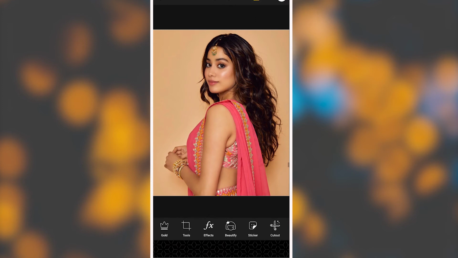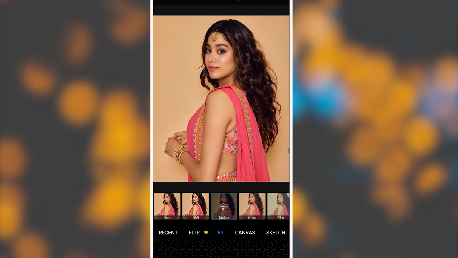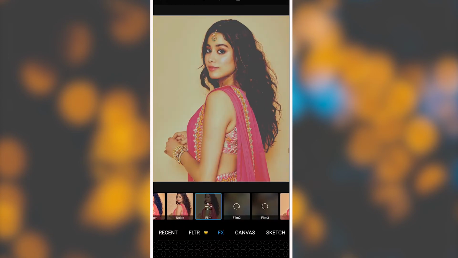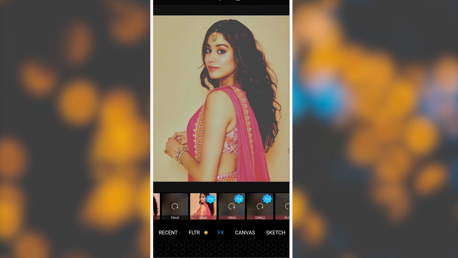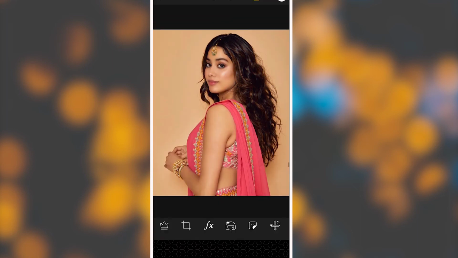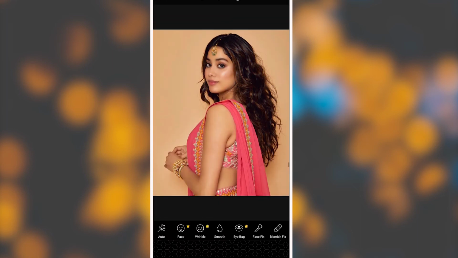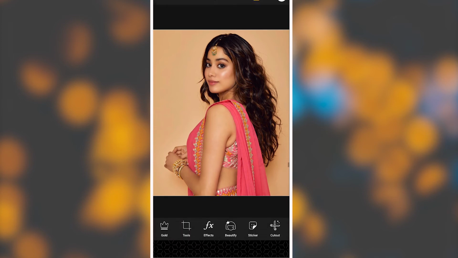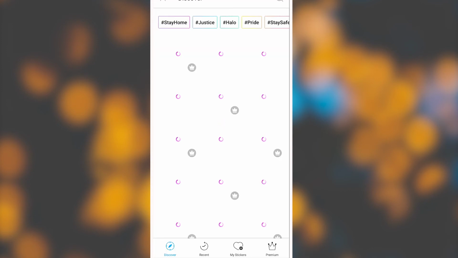There is some default effect like Lightroom. You can select your effect. So you can see there is a beauty mode. You can also change some options you have by default. Click on OK, and you can see there is a sticker you can put on your photo. So this is a very basic tutorial.